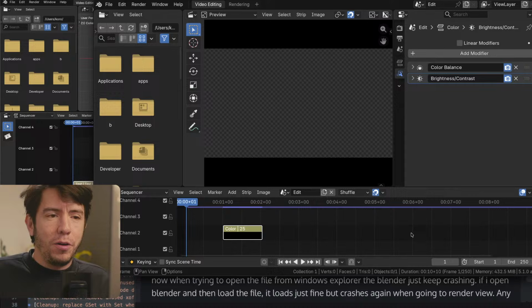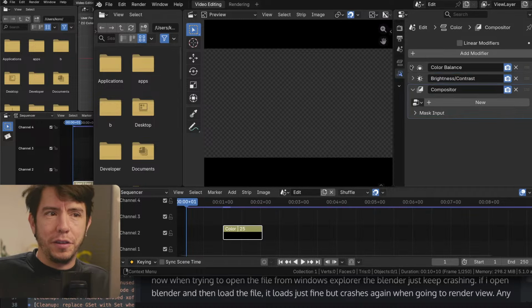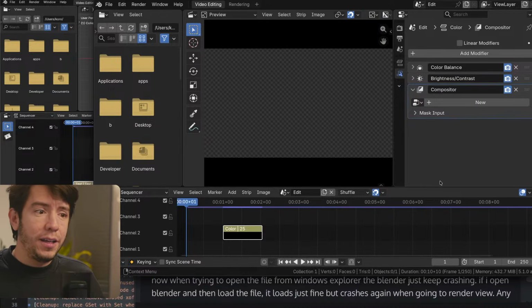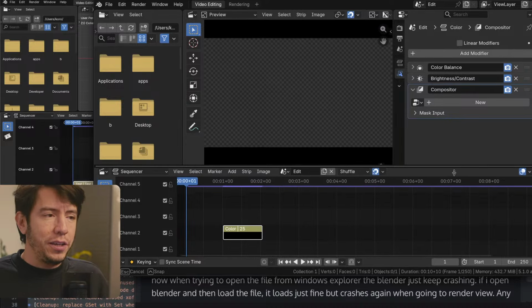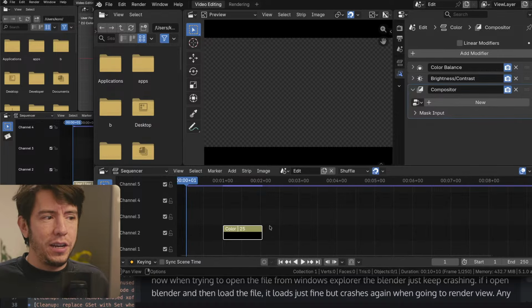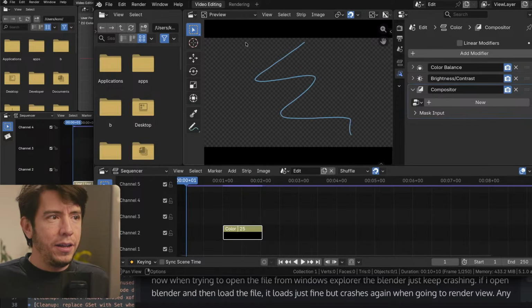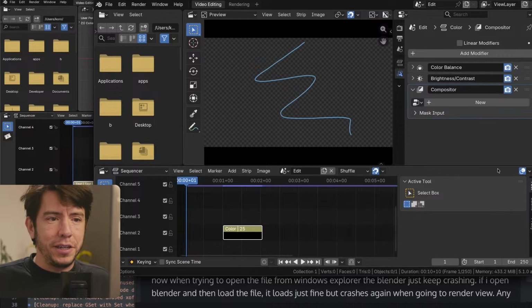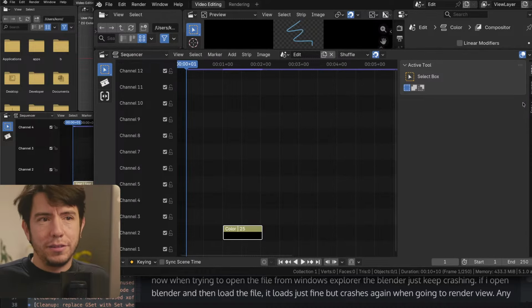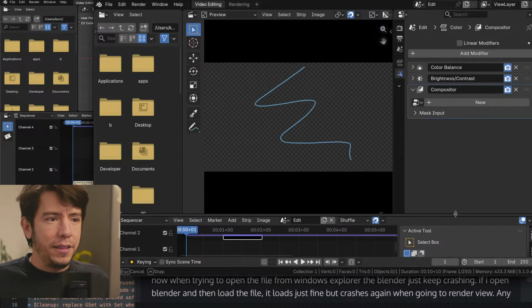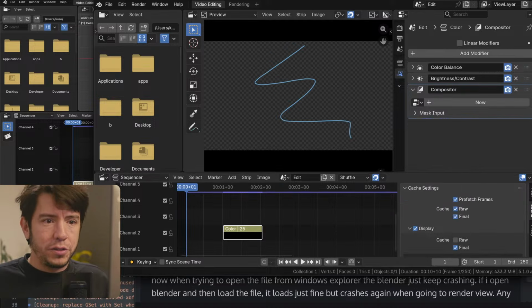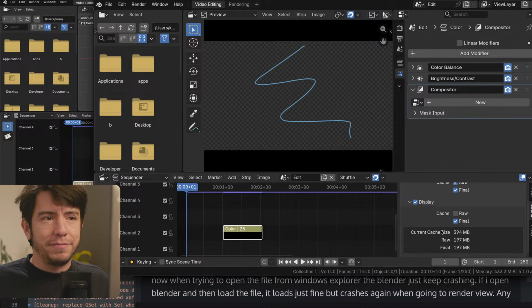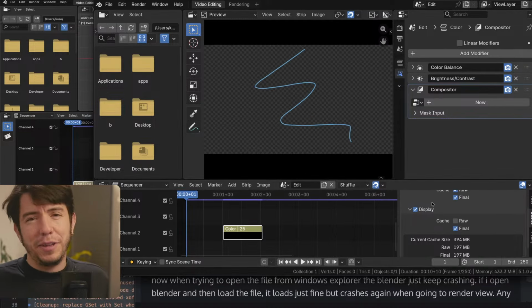And also the modifier stack, because now we support the compositor modifier stack. This is likely going to become very tall, and in the sequencer you usually don't have lots of channels visible at once. You have the bigger preview, and that would mean that if you have modifiers here, then you will need to have this tall modifier stack and then go back to small, or just scroll a lot, and it just didn't make any sense.